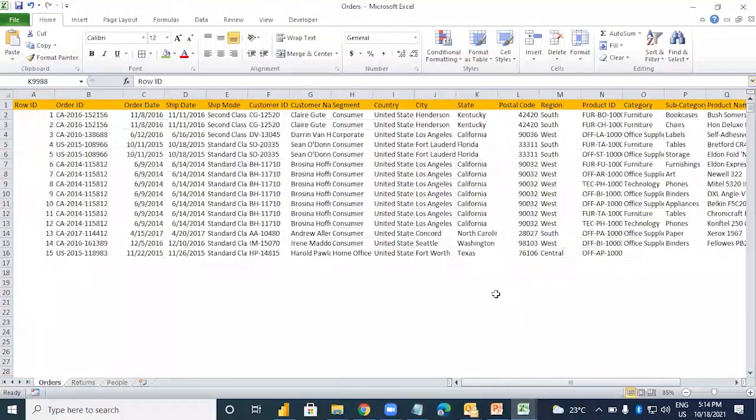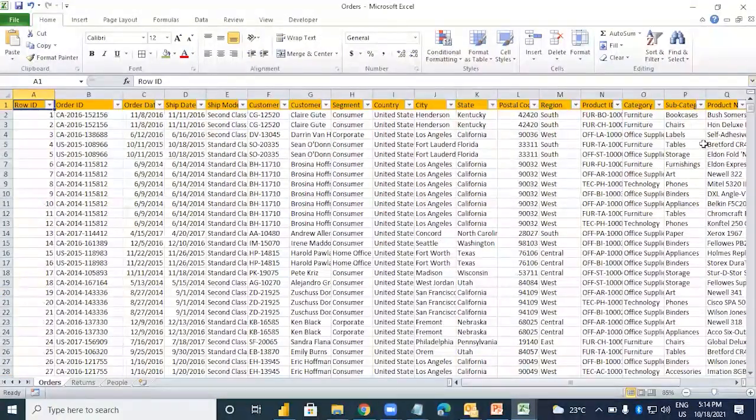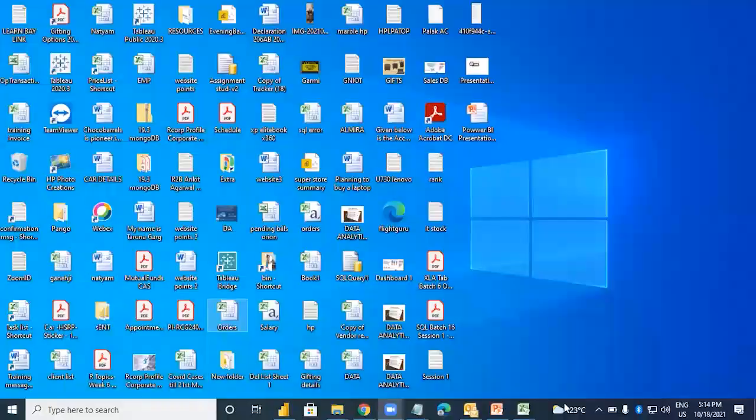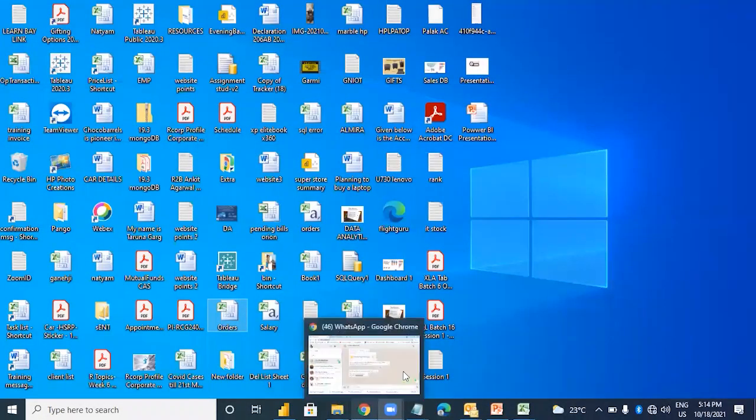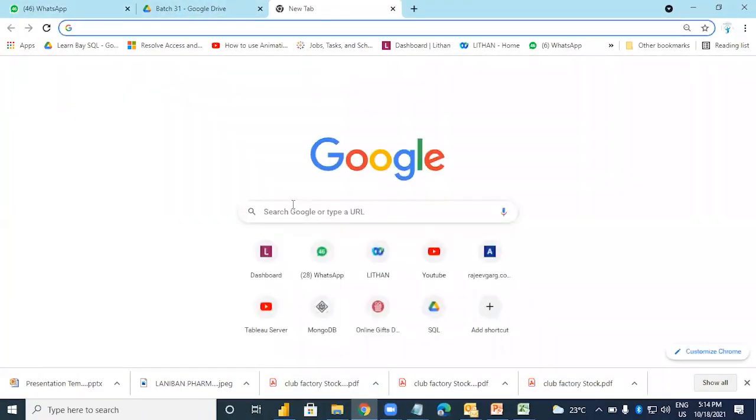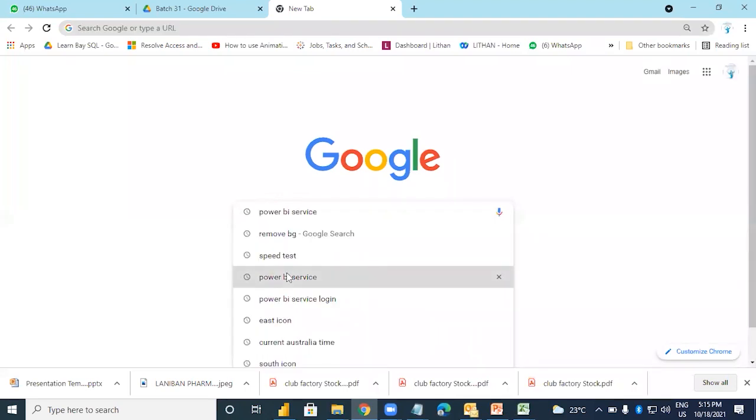Now out of this data, if I ask you which region is giving us the maximum sales, which category or subcategory of the product is giving us the maximum sales, or how is the sales performance over the 4 years, and so on. If I want, I can get this to a certain extent. I can visualize it in Excel as well. However, let's see what can be done if we use Power BI for it.